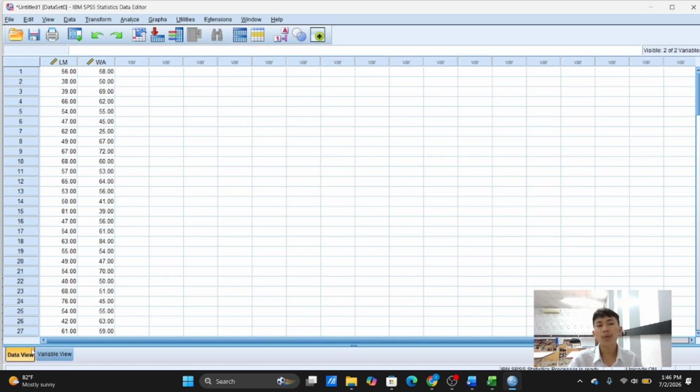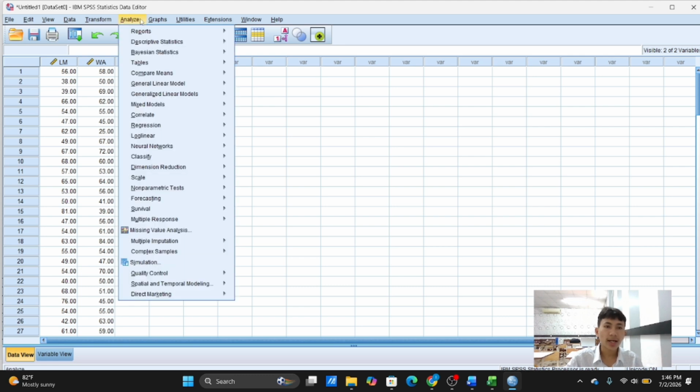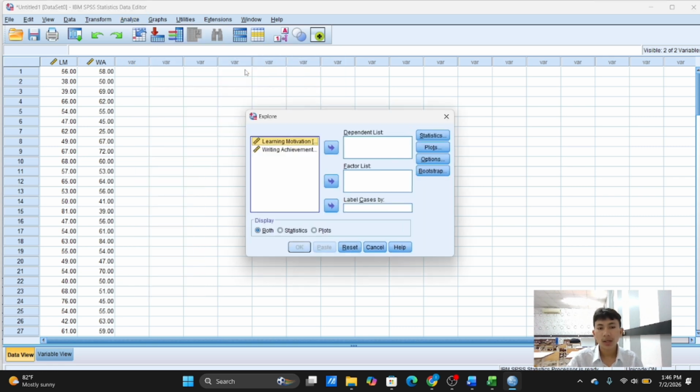Okay, for the first step, we want to search the test of normality. To do that, we click analyze, choose descriptive statistics, and choose explore. Here, we move learning motivation and writing achievement into the same table, namely the dependent list, because here there is no independent list.